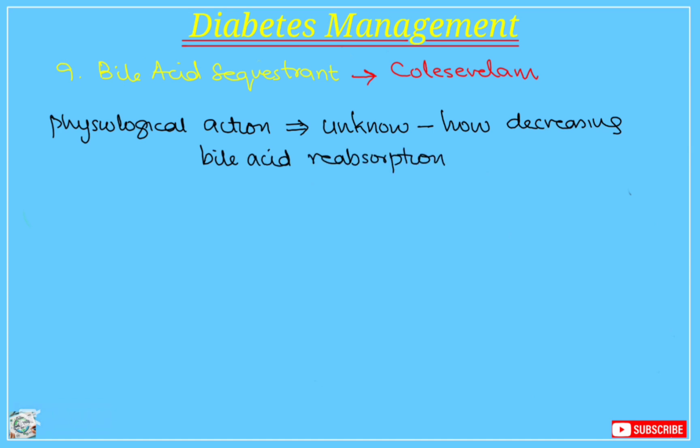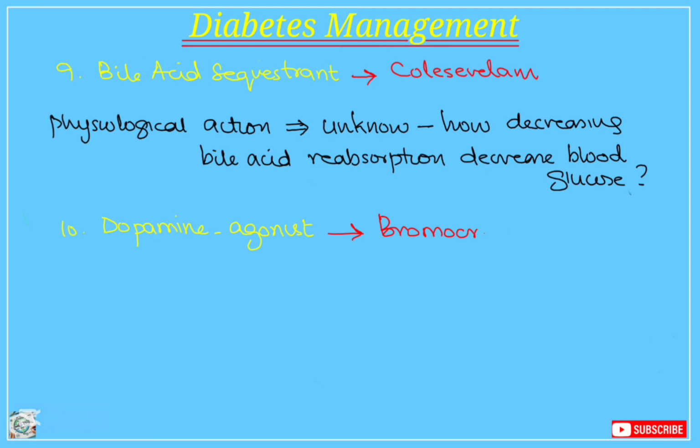While the exact mechanism of how this leads to a reduction in the blood glucose level is still largely unknown, it is believed that the reduction in the bile acid reabsorption may have an impact on the insulin sensitivity and the glucose metabolism. The 10th class of medication is dopamine agonists, with bromocriptine being the primary drug in this